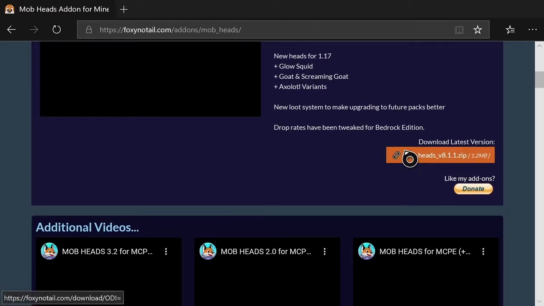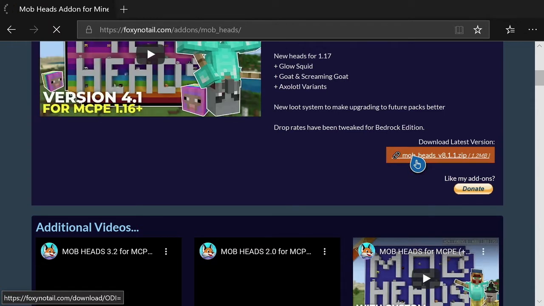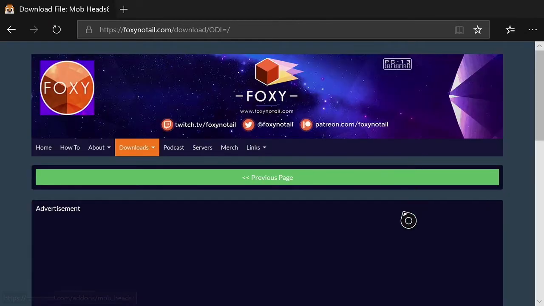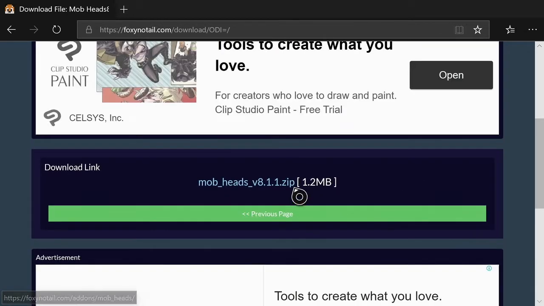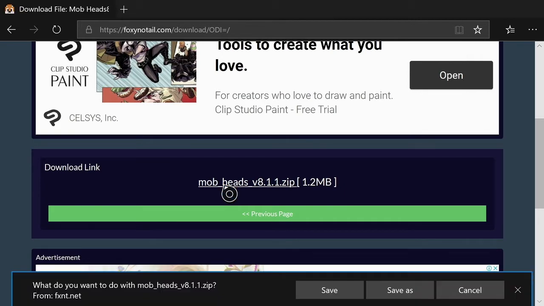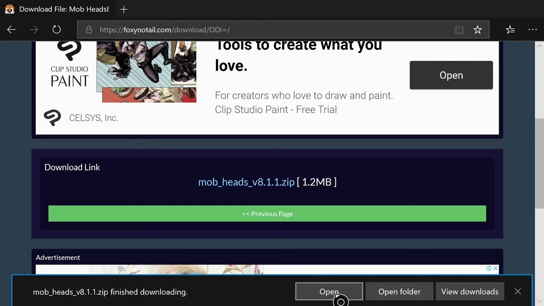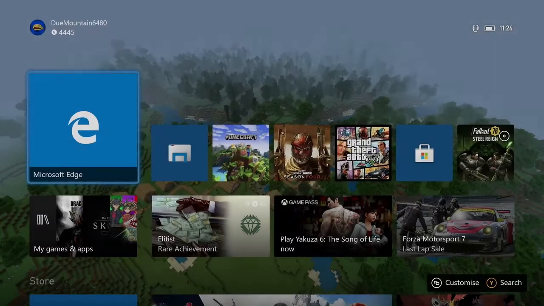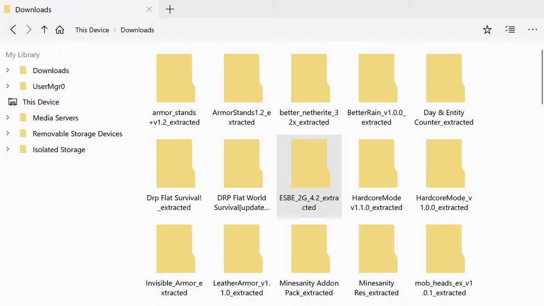But we're going to want to go down here and download the latest version. Now, some of this stuff does take a little while when it's downloading, because it's just the internet. But once this is all up and going, we're just going to go down, we're going to save it, and it's going to go to our downloads folder. Then what I usually do is just hit the Xbox button to go back to home, reopen up the app, and then